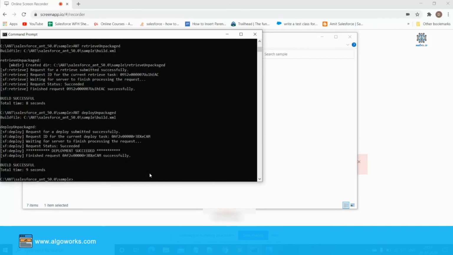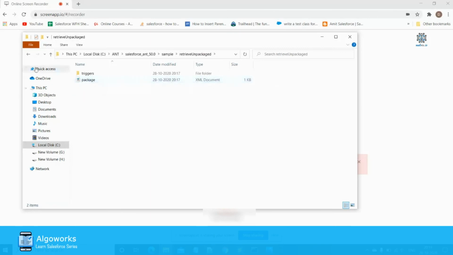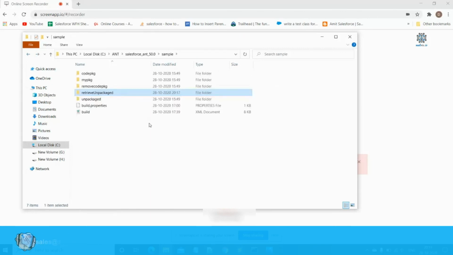And you see that the file is already deployed in our org. So this is all about the usage of the Ant Migration Tool.